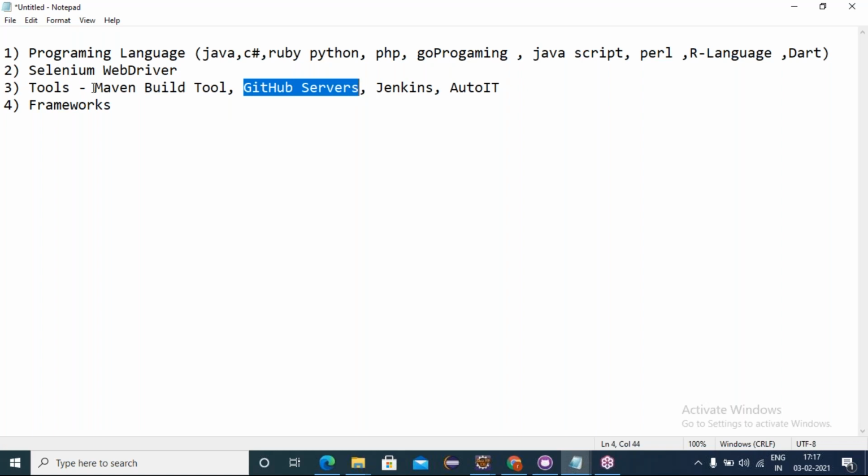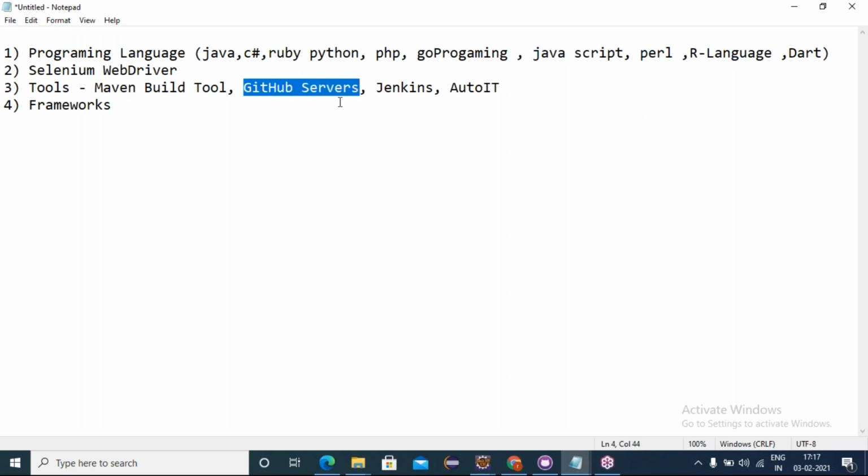Friends, once you develop your project code using the build tool, we organize these builds in a distributed server like a GitHub server, which is a source version control tool. We organize all the build source in GitHub servers.